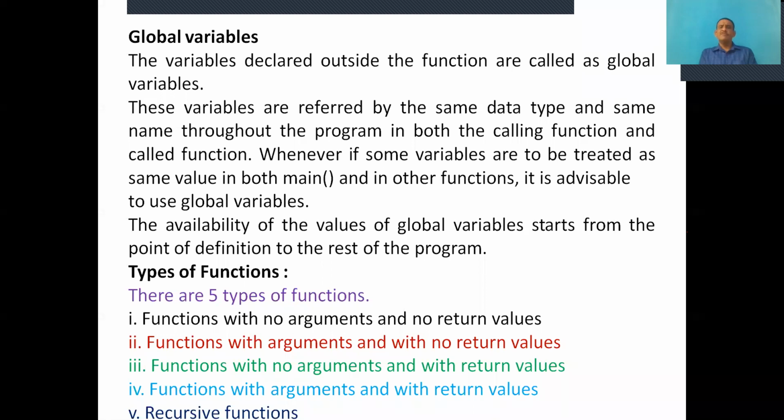The third one is functions with no arguments and with return value. The fourth one is functions with arguments and with return values. And the last one is recursive functions.